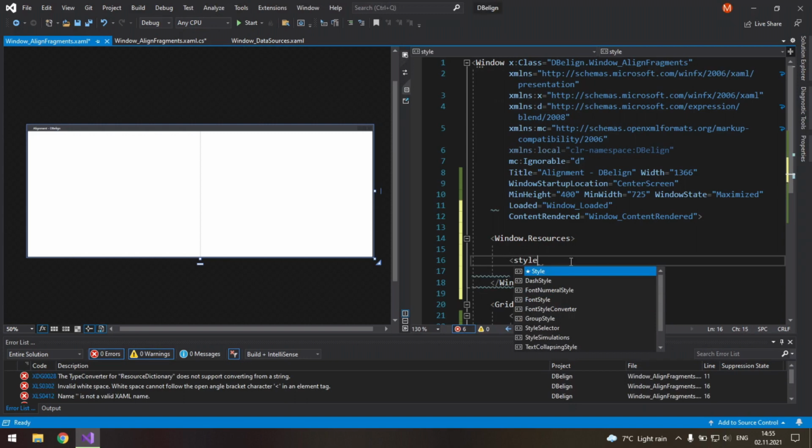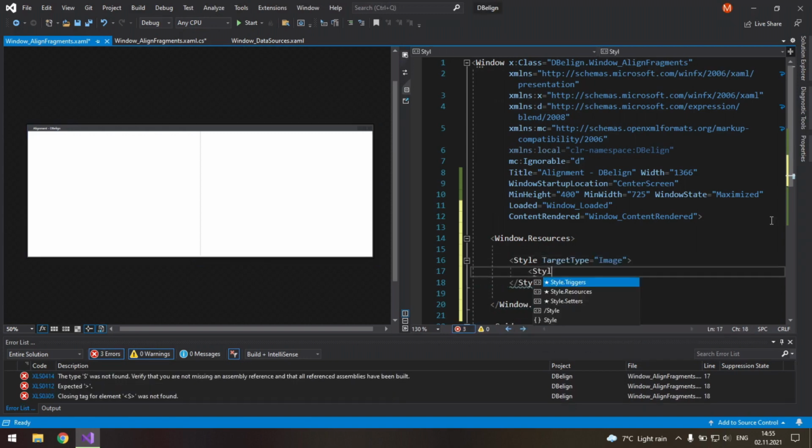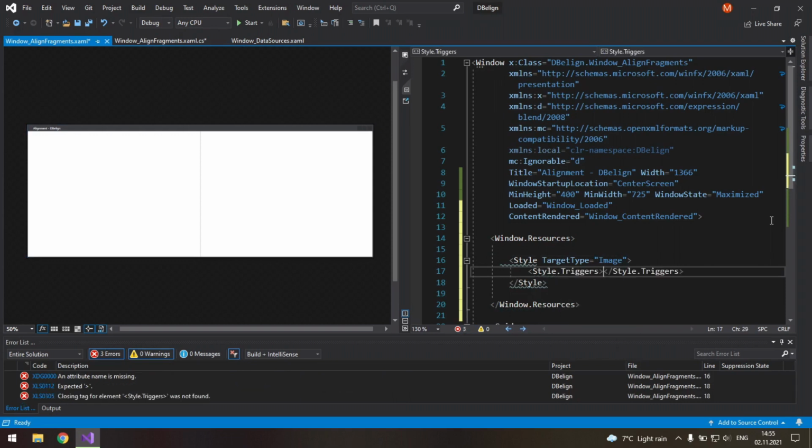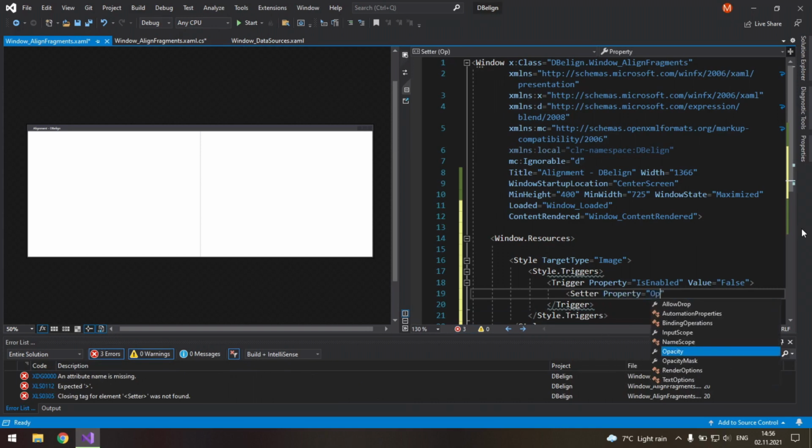So we will need to create a new style for images. It's triggers, style triggers, and define a new trigger for the property called isEnabled. So when it is set to false, we will set the property called opacity to the value 0.25, and that's it.